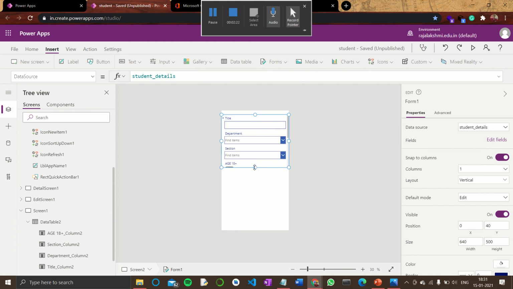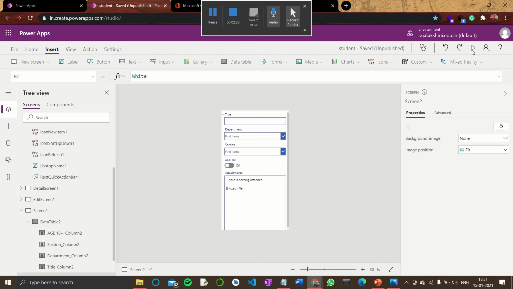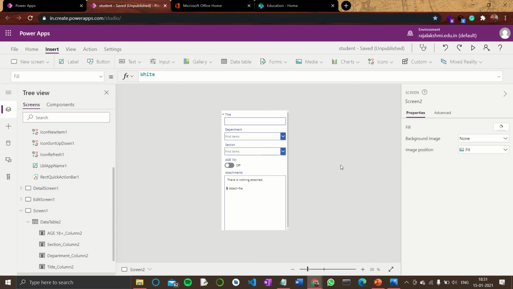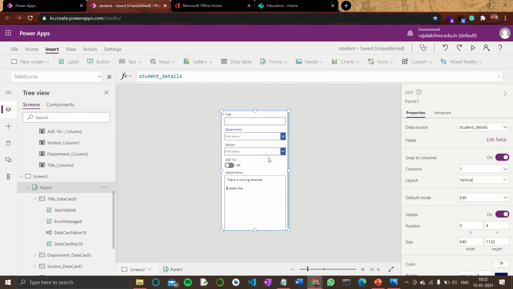So see, your form has been applied here. So let us run this. Since your default mode is edit, you must change it to new because you're creating a new form, right? Then you can do it.